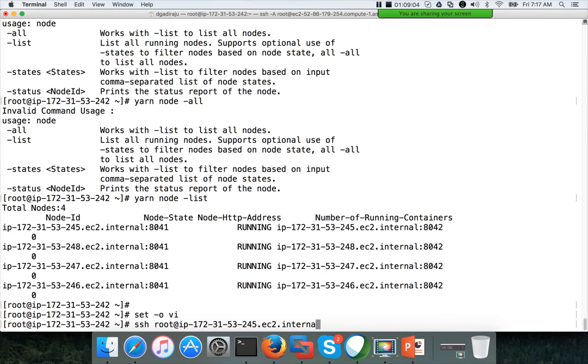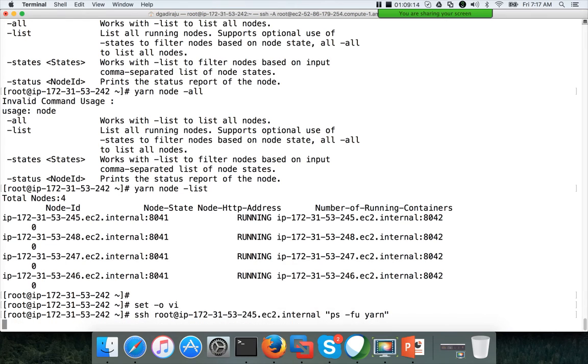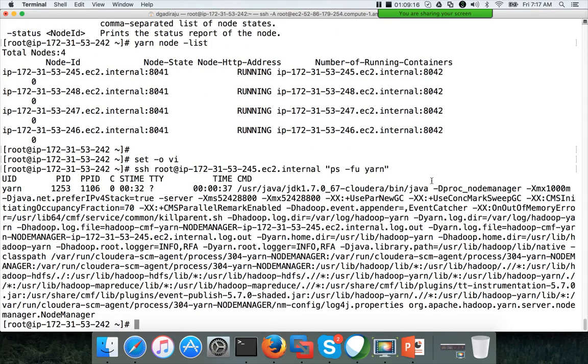Okay, so I have to use in double quotes ps -fu, and yarn will be the user which will be owning the yarn daemon process. So we will see what is running on 245. 245 is running proc_nodemanager. If you run the same command on 246, 247, 248, you will see the same thing.